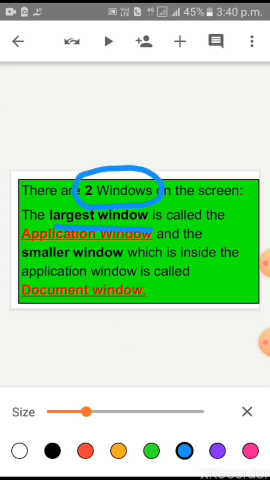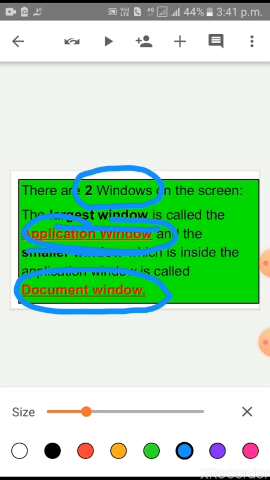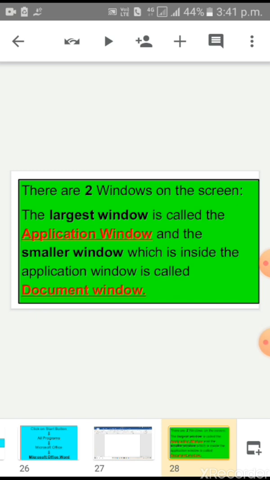The largest window is called the application window, and the smaller window inside the application window is called the document window. So there are two windows, application window and document window. Clear?